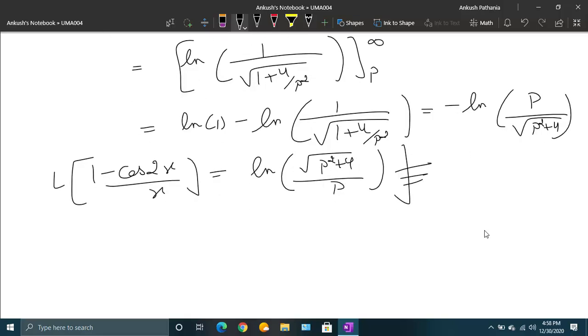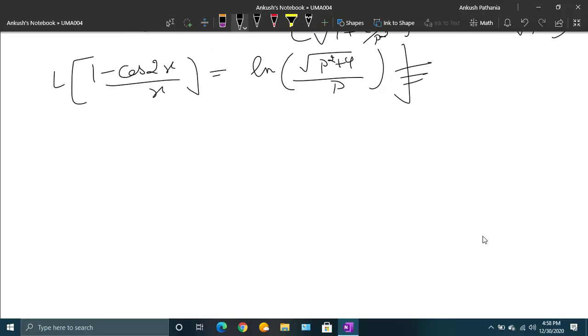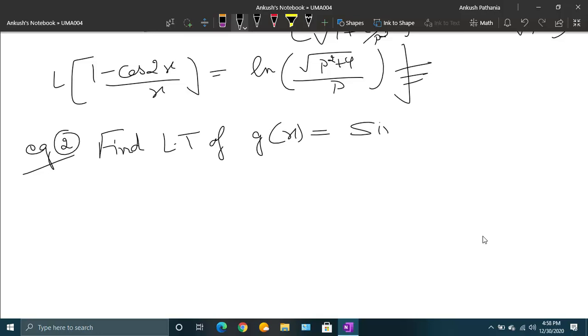Now we come to some of the very special questions that are related to property number 3. So example 2: find the Laplace transform of gx equals sin x upon x. This is simple, as we did in example number 1. The main point of this question is, hence show that the integral from 0 to infinity of sin x upon x